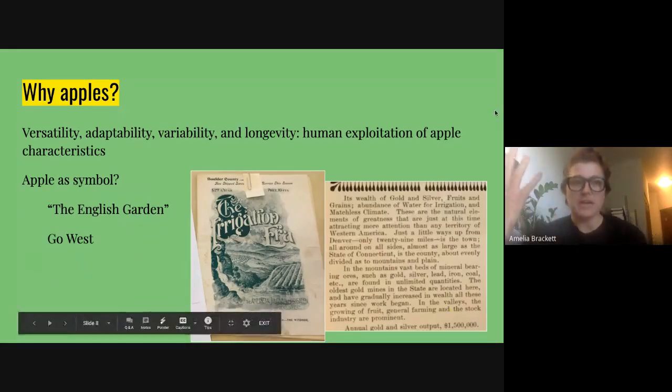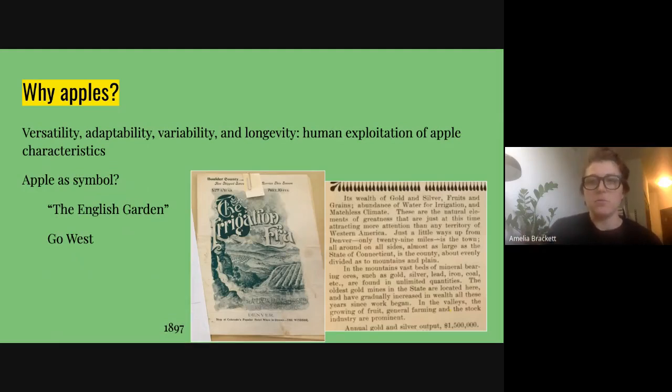So there's this other piece, right? I've sort of gone through the practical elements of apples themselves that made them really important to these early white settlers. But there's also this element of the apple as a symbol, right? So we're familiar with this: American as apple pie, Johnny Appleseed, those kinds of ideas. But at the time, it wasn't only for English people, but it was kind of this idea of, you know, civilizing a new area, right, to use the parlance of the time, making it look a certain way, creating your own garden, your own kind of uniform